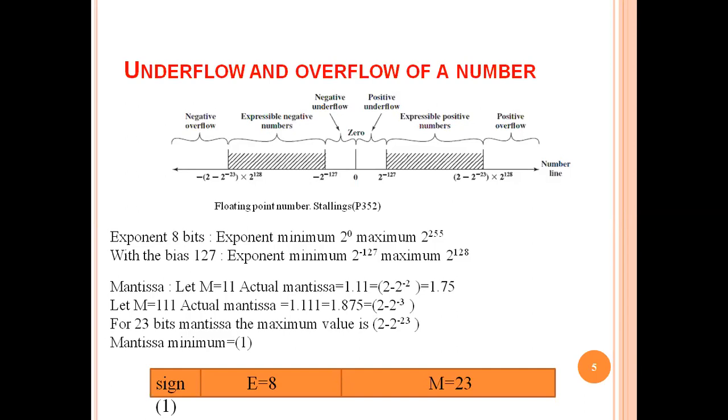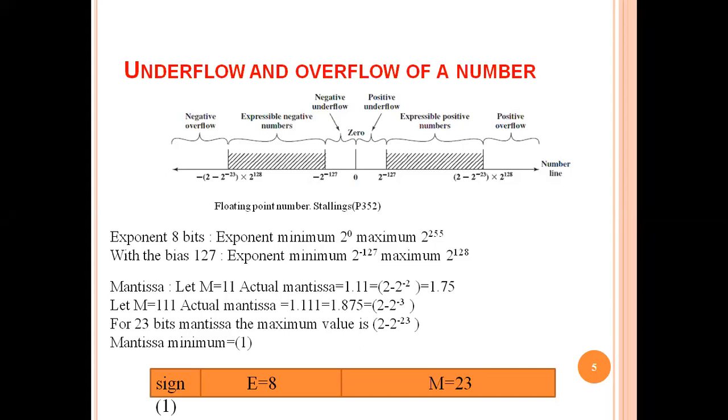So these are the two problems in a computer organization system. When people want to design the system, they have to remember that they have to handle this overflow and underflow problem very efficiently. Otherwise, there may be some major or critical fault in the system. Clear?